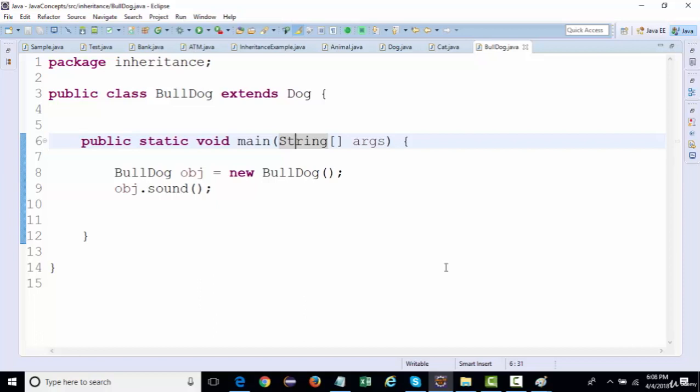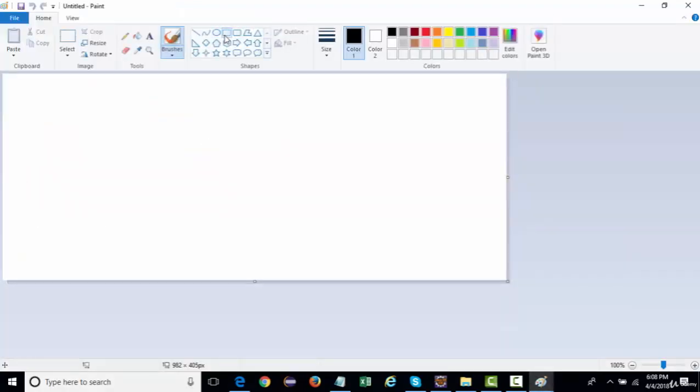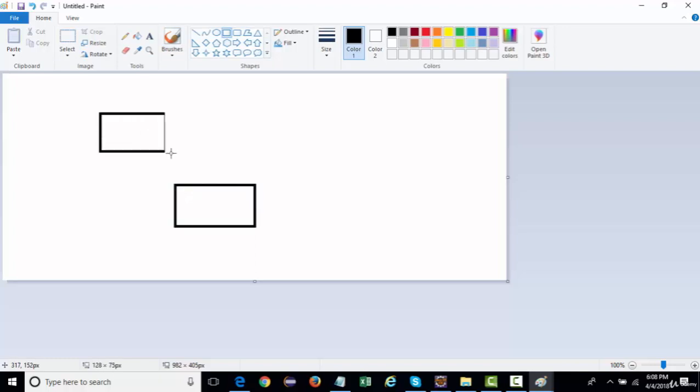Now, the interview question that comes is why multiple inheritance is not possible. Before that, we should understand what multiple inheritance is. If I go over here, multiple inheritance means a child has multiple parents.